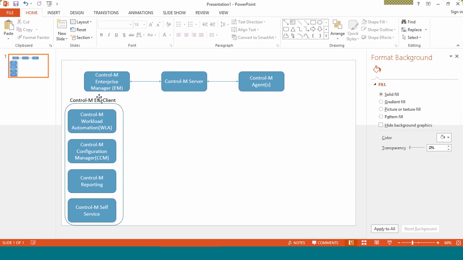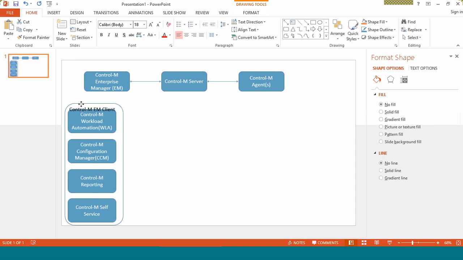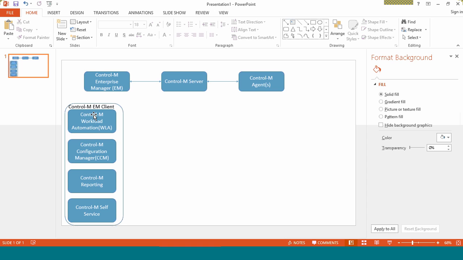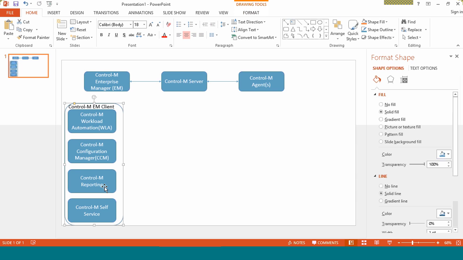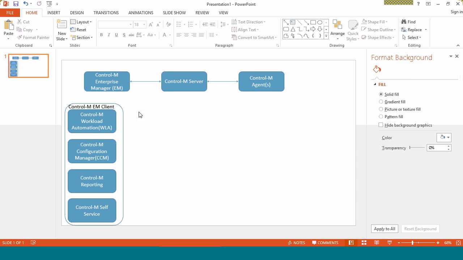So we have 4 Control-M EM client components, and then we have